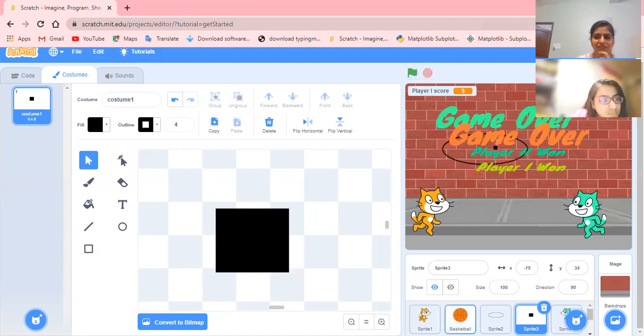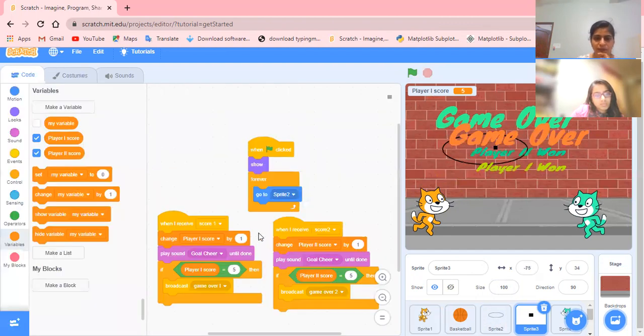Something went wrong. Player one's second score is 0 and it increased directly to 5. Let's check the code first.